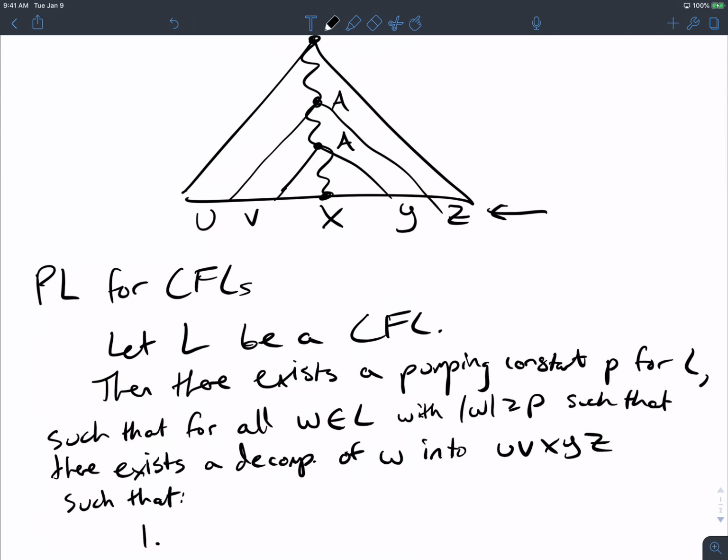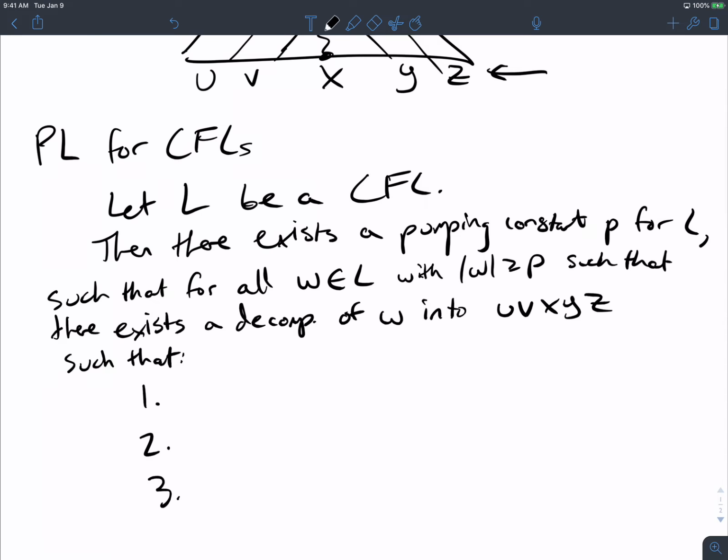Well, consider copying down the top parse tree down to where the second occurrence of A is. Well, we're going to get an additional copy of V and Y every time. So no matter what happens, I'm going to put in one copy of V and another copy of Y. So the number of V's and Y's is the same. And what we figured out was, if I put i of each of them, then it's in the language for all i at least 0.